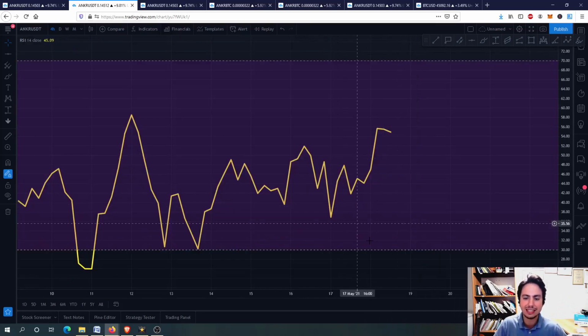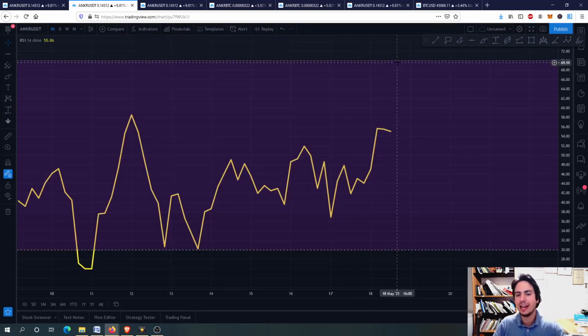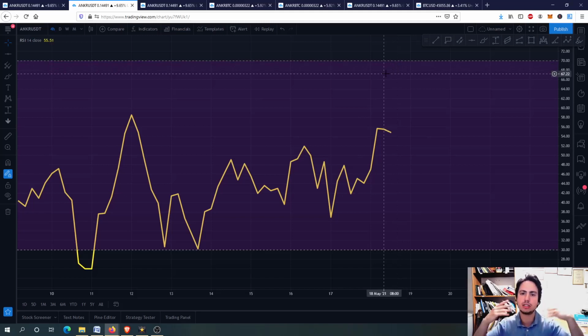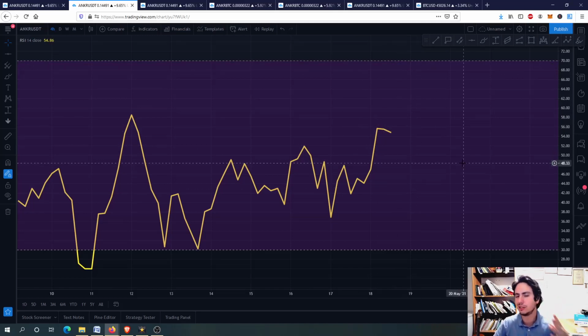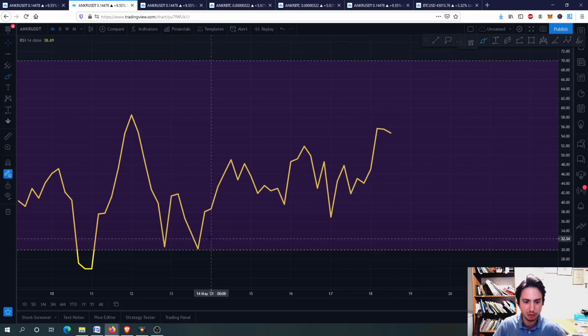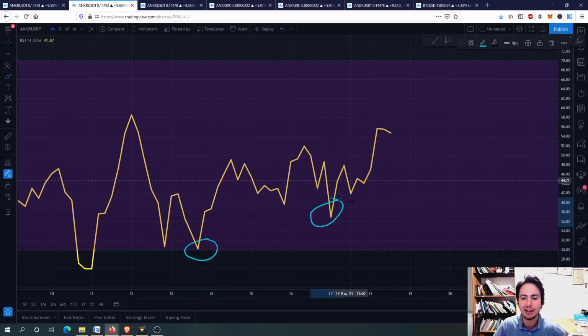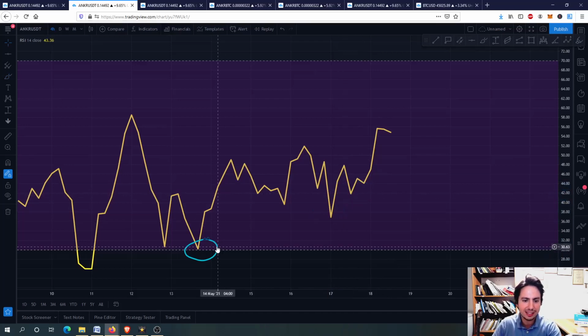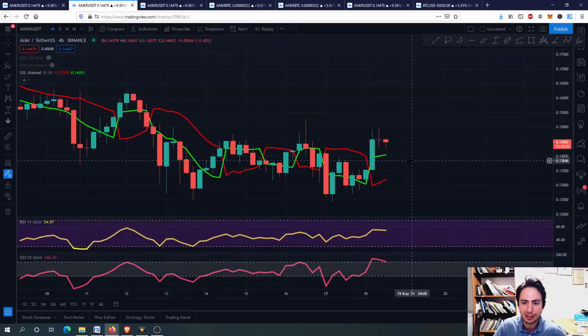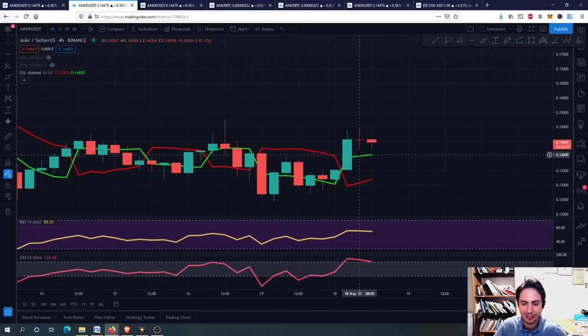You can see the RSI is between 30 and 70. The relative strength index is more stable than the commodity channel index. It isn't so sensitive to the price action, therefore we are inside 30 and 70. We don't have any overbought situation or any oversold situation. What we want to see right now is having higher lows and higher highs. Okay, that's what we want to see, and especially now that the SSL channel's green line is above the red line. According to the SSL channel, we are having a buying opportunity.